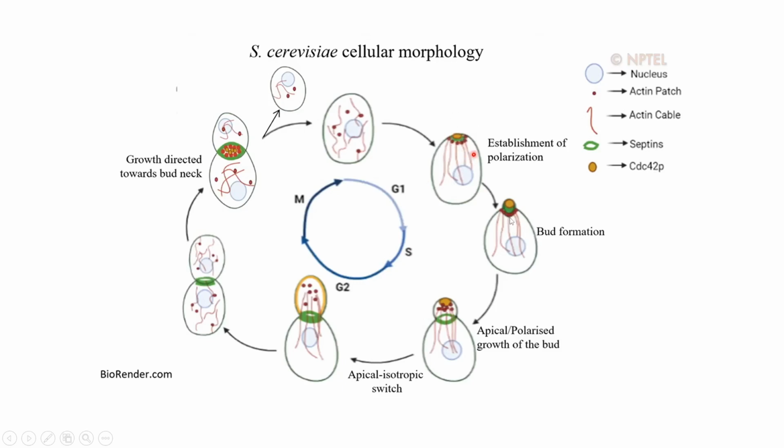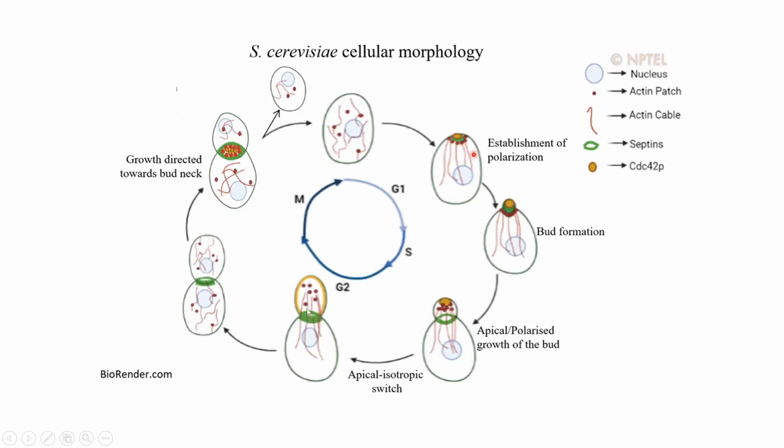Further, actin will promote the migration of CDC42 and septin outwards, outward of the cell, and around that region a small bud will form. So there is bud formation and polarization of the bud. Here you can see the septin portion. The septin ring will be formed around the G2 phase.